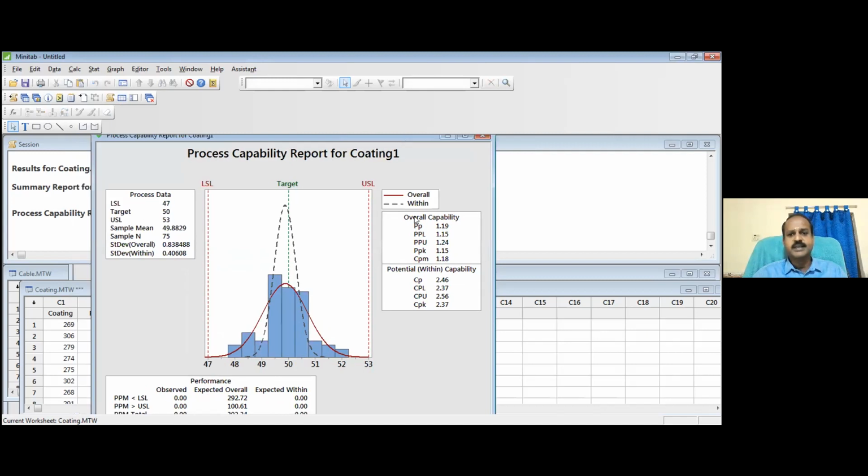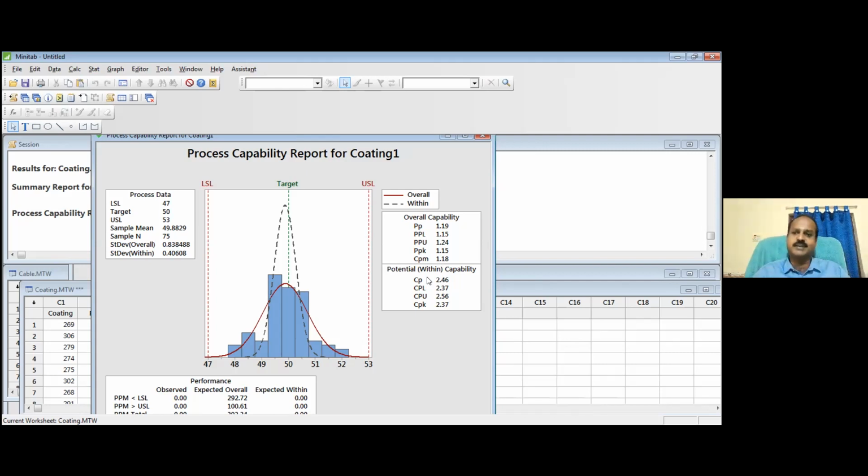The target cannot be different. So here all the calculations are coming the same way, but I really don't want you to get confused with so many formulas and other things, but you should know it. That's why I have taught you. You can calculate, but you need not calculate because everything is managed beautifully. Now the result comes. You should be confident in reading the report, and then you must interpret correctly. Do you now know what your PP is speaking? Do you know what your CP is speaking? And for CP, you must ask whether it is a within CP or between CP or a combined CP, isn't it? Not all the CPs are the same. They're all different. You should know it.